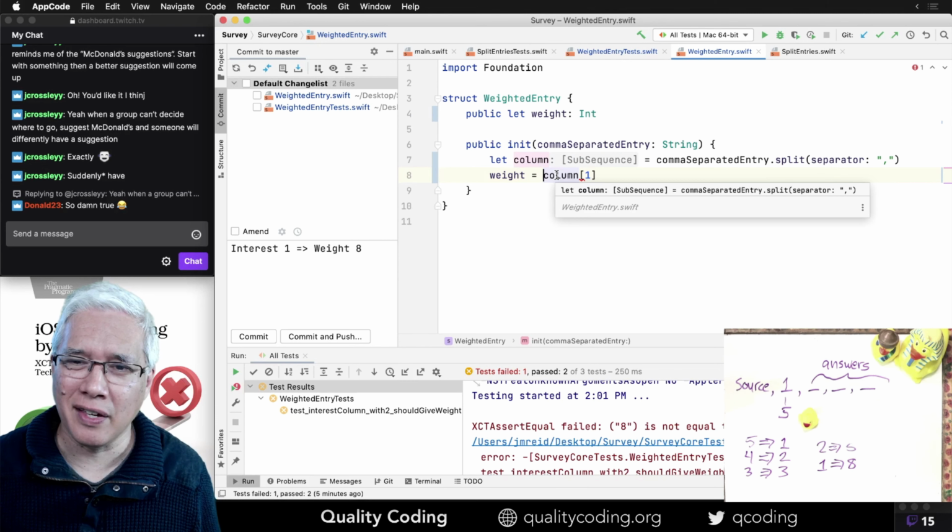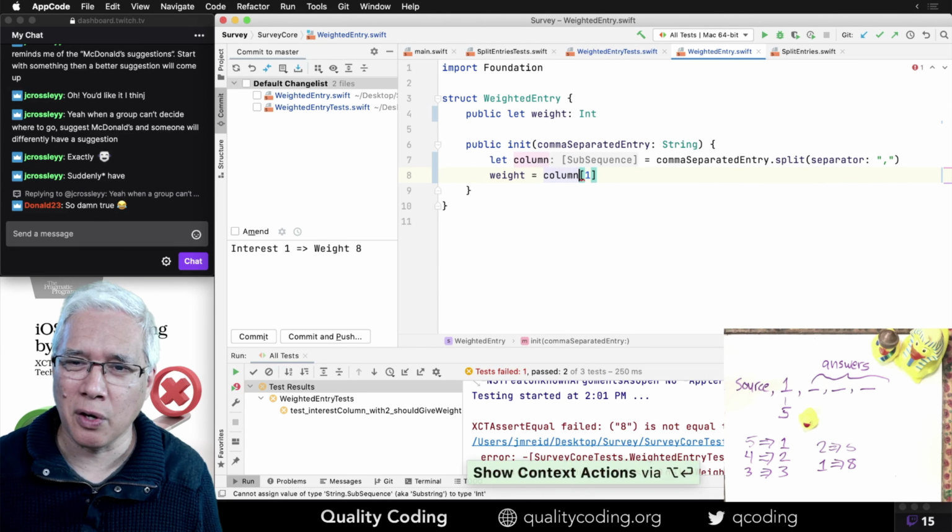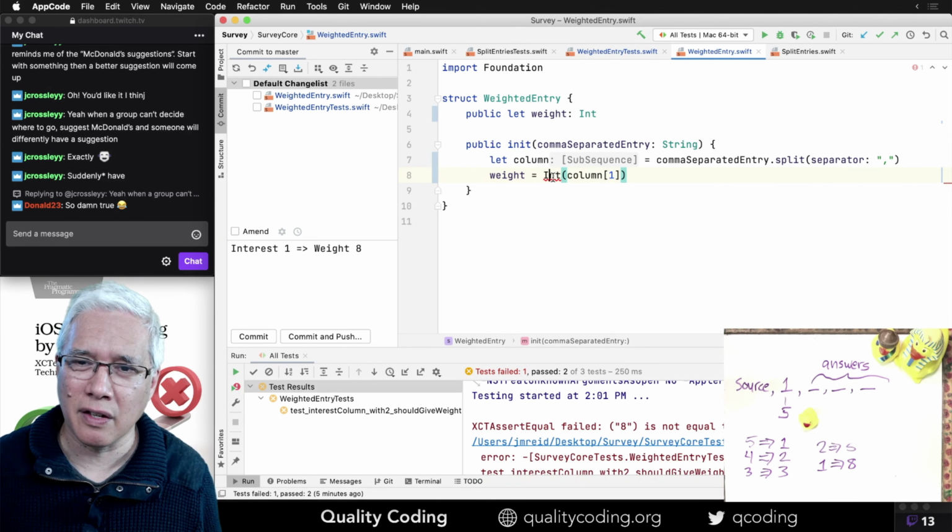And now I probably need to coerce this and say, turn this into an integer or something like that. And maybe this fails, or maybe this throws. Which way? Okay, so it is optional. I can coalesce. Okay, here we go.